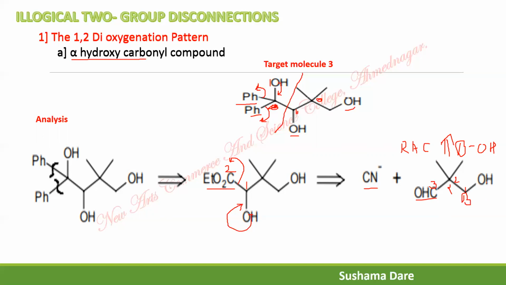So where do we have to disconnect? We have to disconnect the bond between 1 and 2. In the same way, you disconnect the bond 1,2 in the direction of 2, and 2 is always the alpha carbon. So it gives what? This is an aldehyde, plus the other part is formaldehyde, and that proton is abstracted by the base. This proton is abstracted by the base, and the base used here is a strong base. So that has to be abstracted by the base.